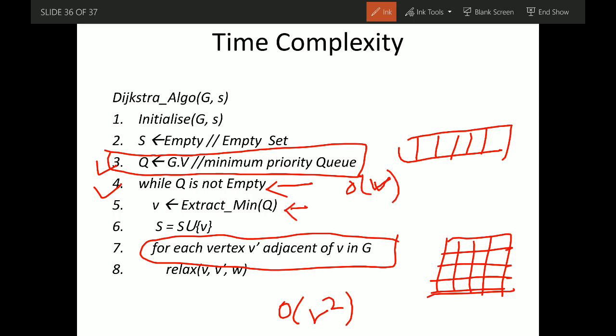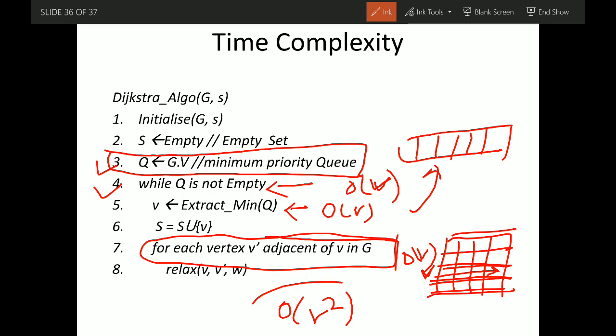We are extracting the minimum from Q, which is implemented as an array. To find the minimum value in an array, the worst time will be order of V. We have to scan all the values to find the minimum, so that can take order of V. Also, finding all the adjacent vertices in an adjacency matrix: suppose there is a vertex v and we are trying to find all the adjacent vertices, we have to scan through this row, and that is the number of vertices, so this will also take order of V. So the outer loop is order of V, and there is another loop inside the outer loop which is order of V. So the overall complexity will be order of V squared if we are implementing the minimum priority queue as an array, with an adjacency matrix.